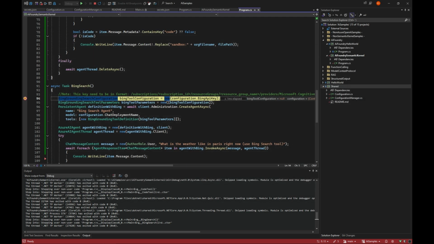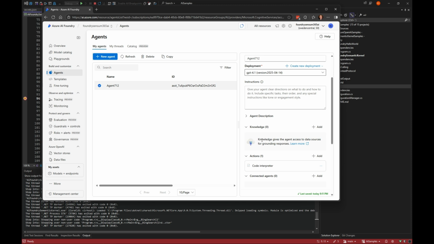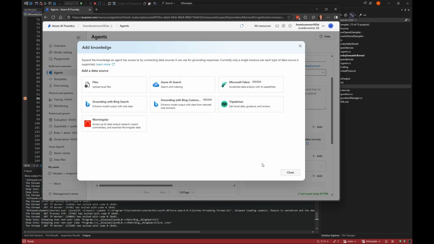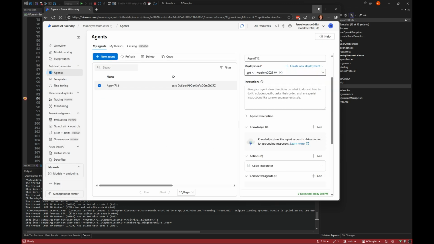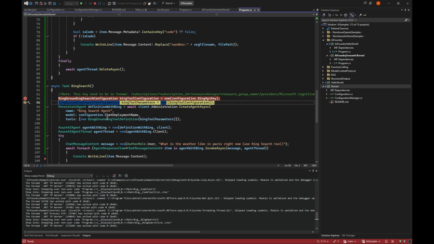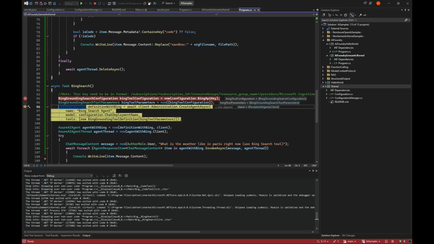So if we go in here and look at knowledge, and when that's this name. Yeah, I didn't catch that, and apparently it doesn't work again if you already have an existing agent. So we built a new agent instead, and here we can see how we do that. We just give it a name, a model, configuration, and the tool with the Bing tool.